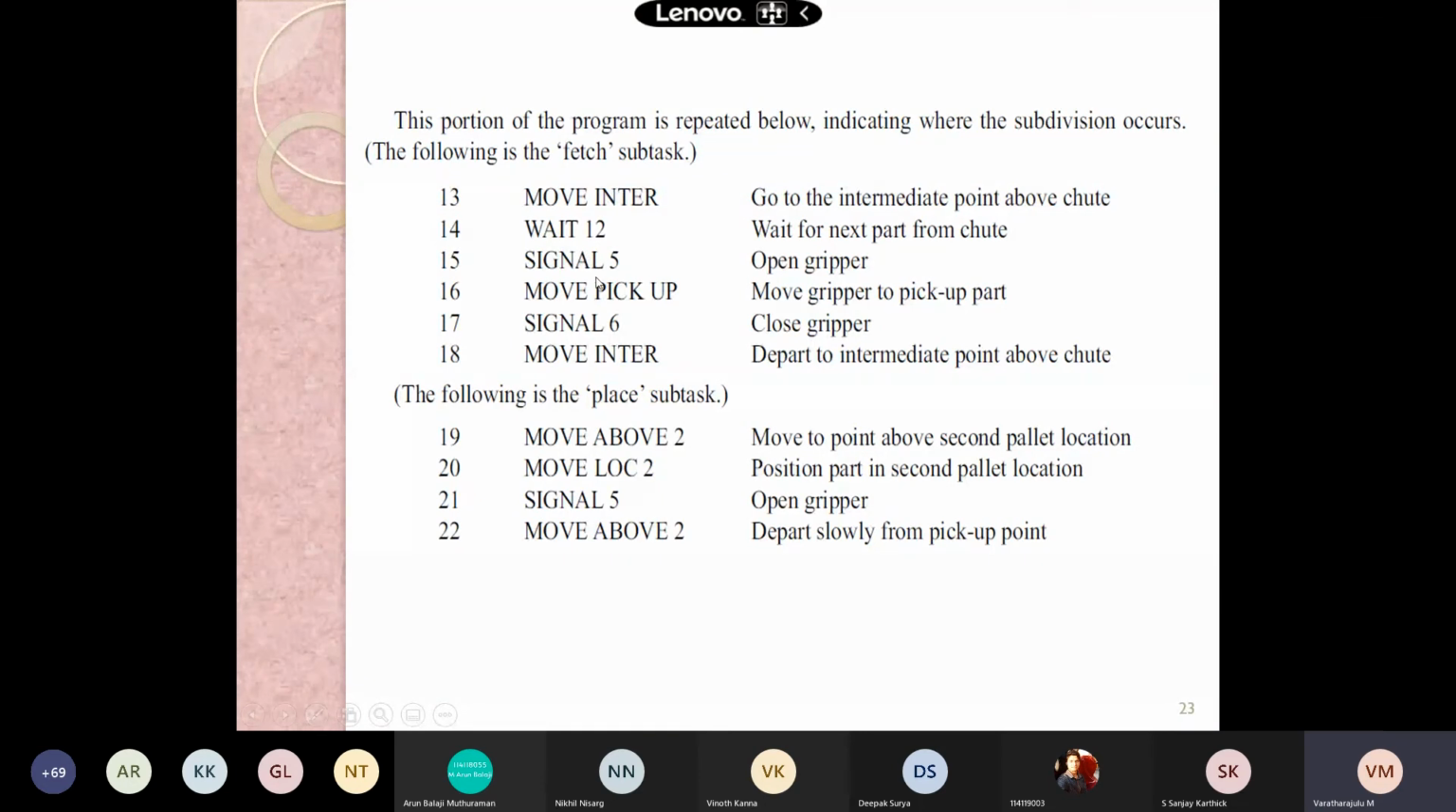Move 1 2, signal 5, move pickup, signal 6, move enter. You please make note of these languages, and we have to be detailed in a detailed way. We will discuss in the subsequent class. 19 move above 2, 20 move lock 2, 21 signal 5, and 22 move above 2,